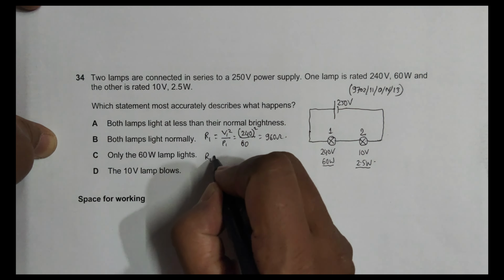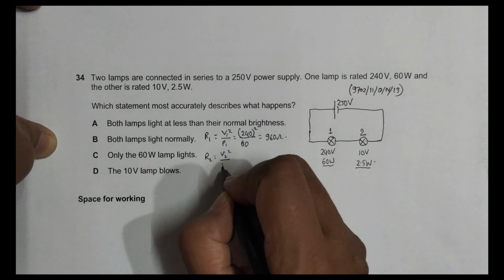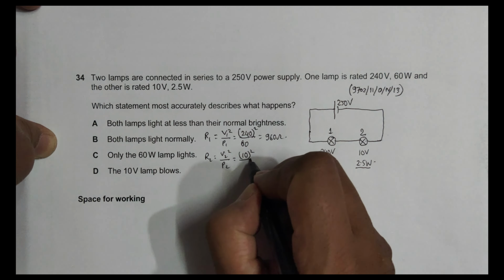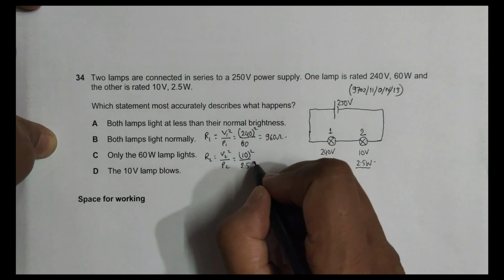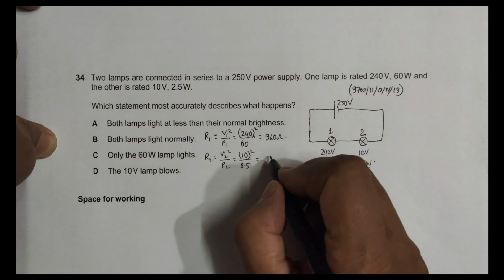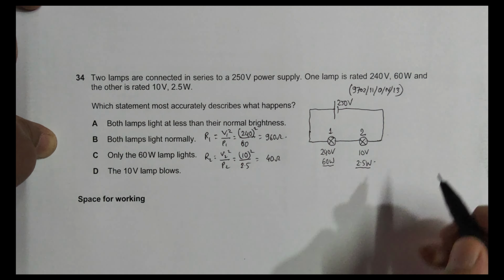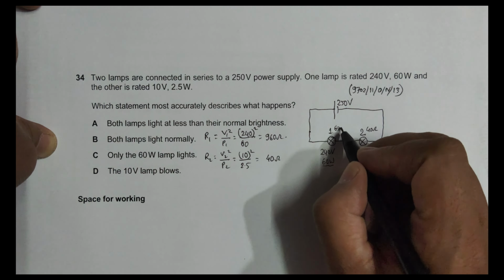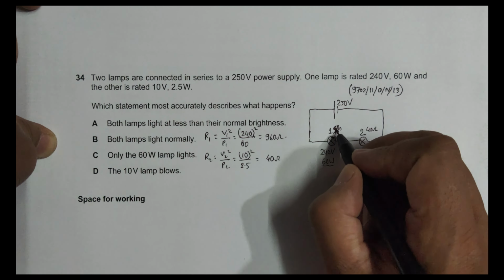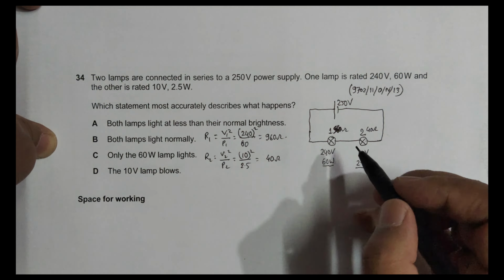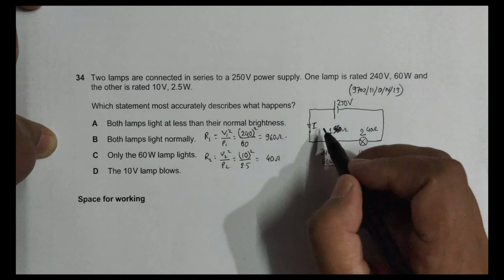Similarly, R2 is equal to V2 squared by P2. That's equal to V2 is 10 volt, 10 squared, P2 is equal to 2.5. So it will be 10 squared divided by 2.5. That's equal to 40 ohm. So its resistance is 40 ohm. Now what we do is let us find the current here, because both of them will allow